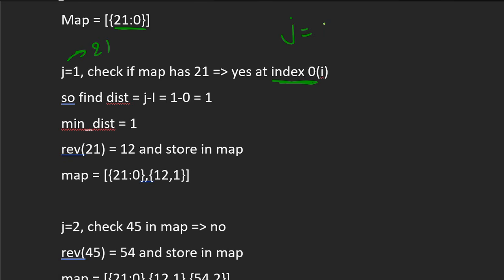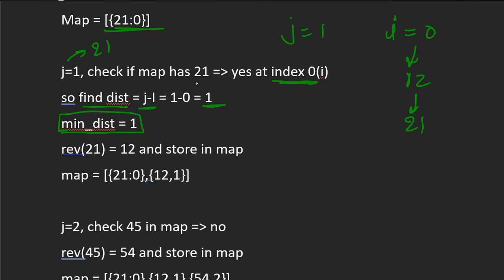So now our j is equal to 1 and we get i equal to 0, because at i equal to 0 our original value is 12, whose reversed value is 21, which we have already stored. So we find the distance, that is j minus i. j is 1 and i is 0, so we get the distance as 1. So we update the minimum distance as 1.